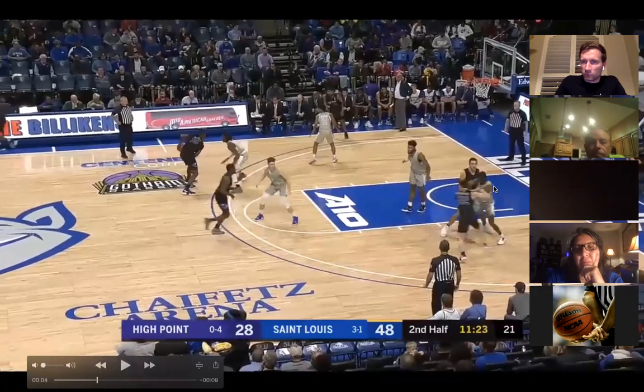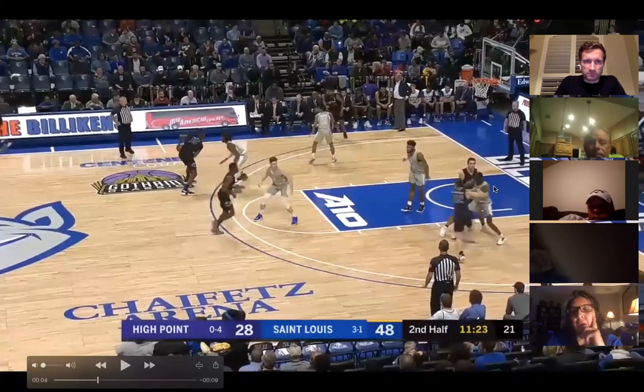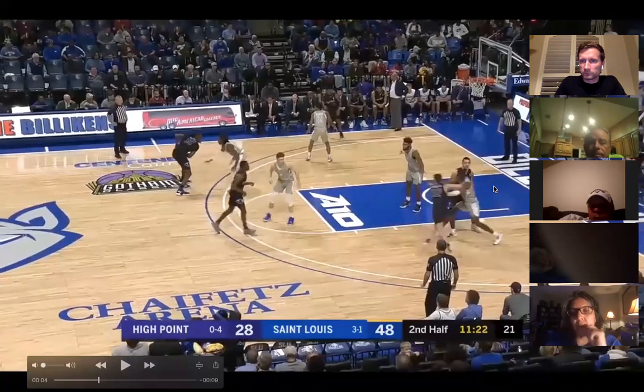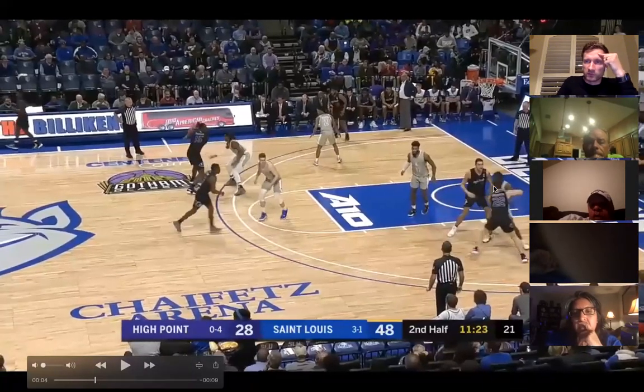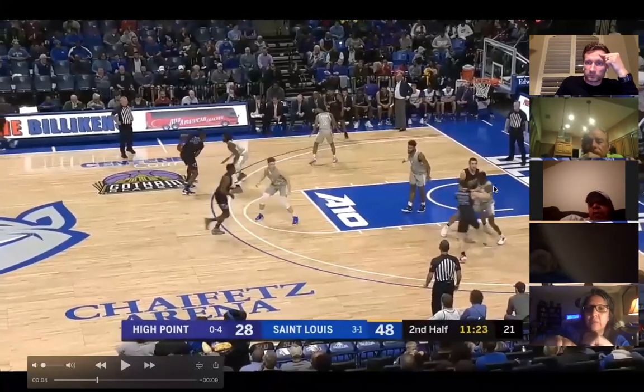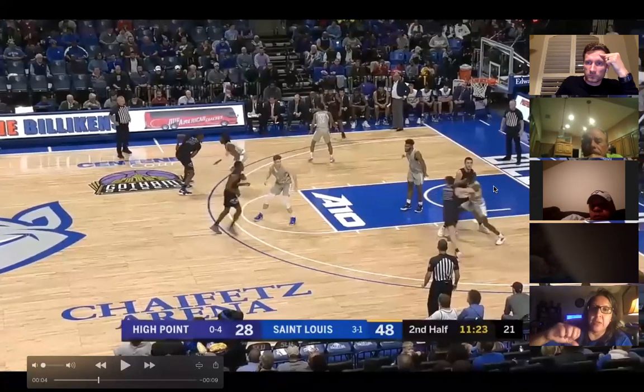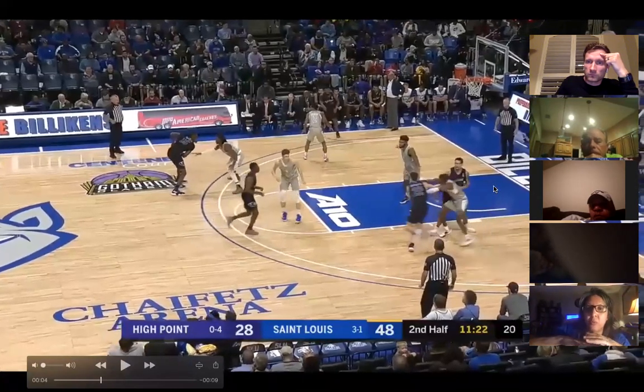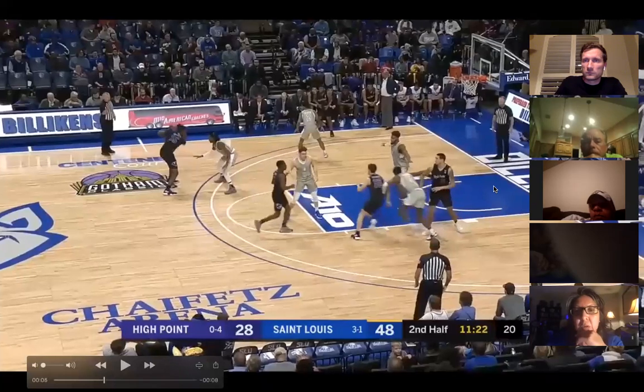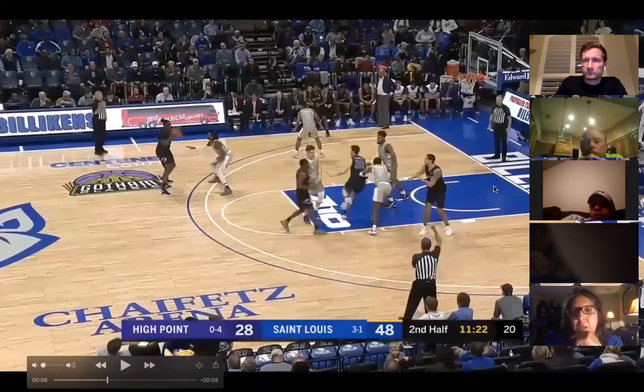Go ahead, Reg. I think he just holds. Well, okay, I'm sorry. Go ahead, Dana. Finish up. I think there is contact, but he gets him and he lets go. Defense doesn't. Defense keeps holding on and trying to place him. That's why I would have a foul on defense.